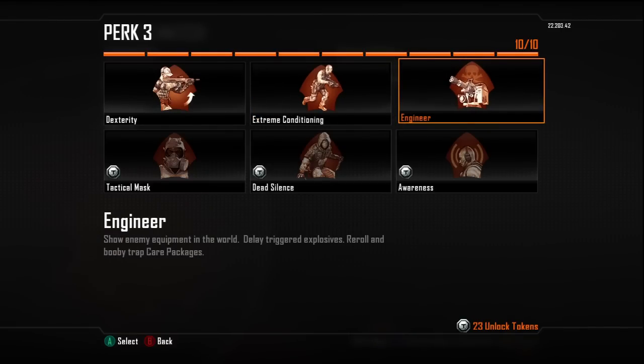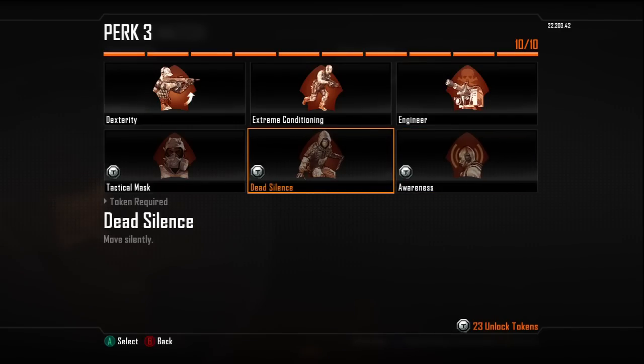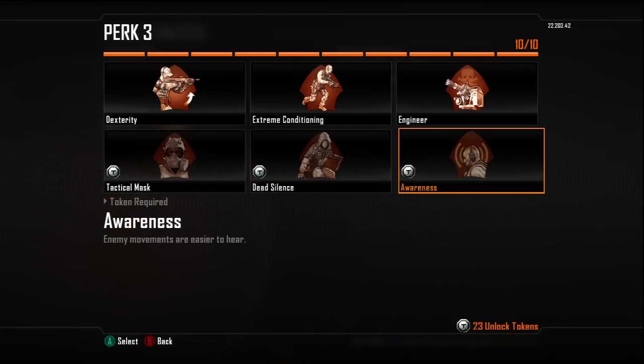Engineer, show enemy equipment in the world, delayed trigger explosives. They tried to do it like in Black Ops, but the game is too different, and I don't really find Engineer that helpful. Awareness, enemy movements are easier to hear. Well, right now the game has not been patched right, so it's still hard to hear enemies. I just bought a brand new headset, and I still can't really hear the enemies like that. Same with Dead Silence. That is not working right. When I had Dead Silence on, I could still hear my own footsteps. So right now, these aren't the best to